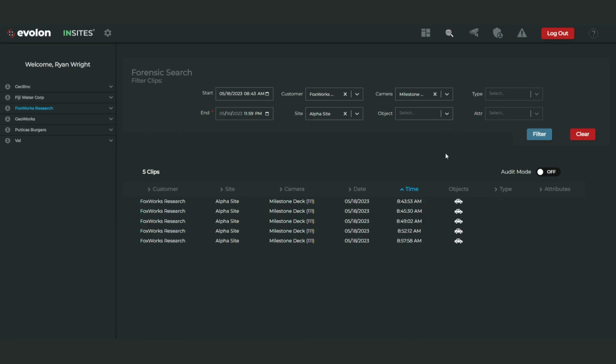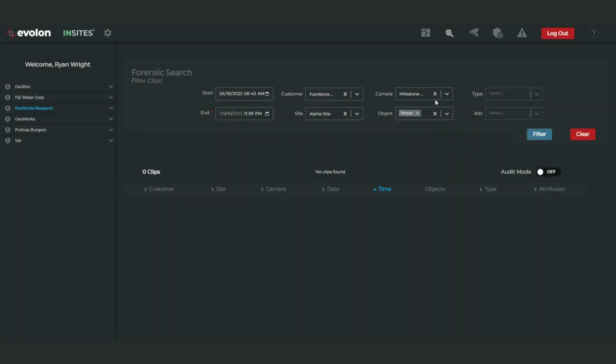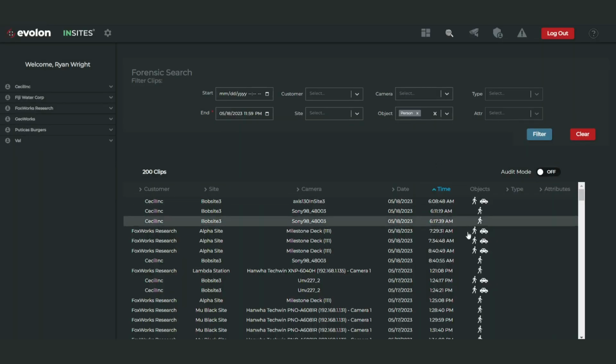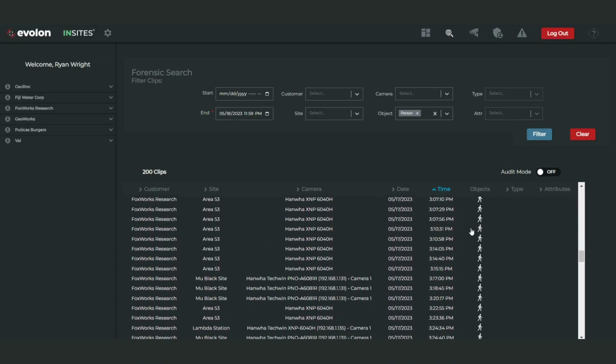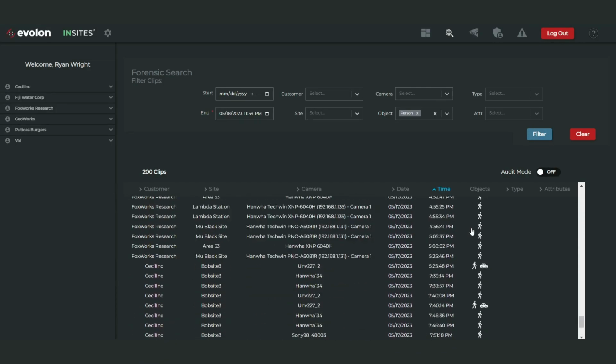And I can even, let's say, only get results back that have a person in them, which in this case should yield nothing. But if I were to clear my search of a particular camera and do that search again with just a person, well, let me clear my search entirely because I had the start date still there. Pick person,